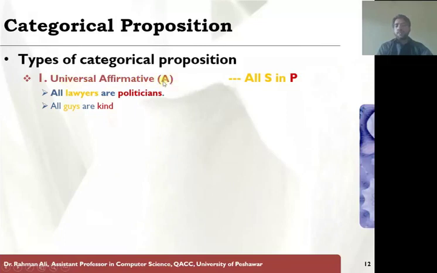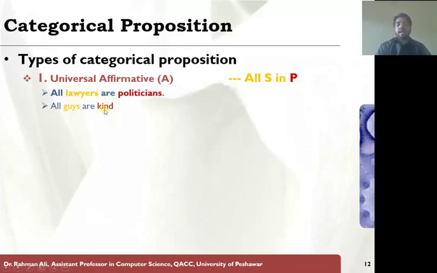Universal affirmative is represented by A and its representation form is all S are P. All S means all subjects are in the predicate class. If these two sets are two classes, S and P, P is the predicate and S is the subject, so all subjects are affirmed by P, meaning they are there in the P set, then we call it universal affirmative. If you take this example, all lawyers are politicians,